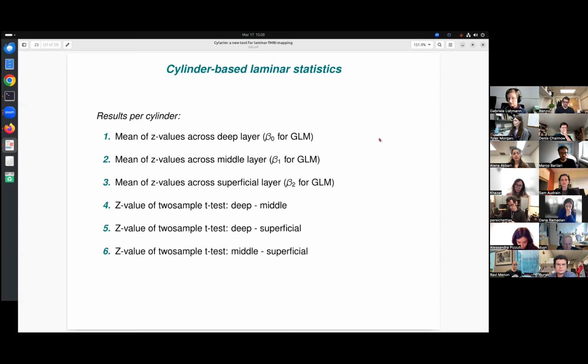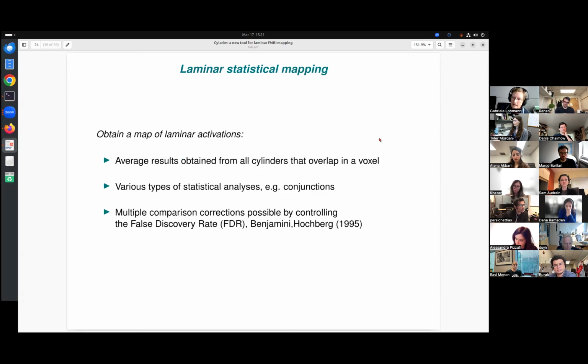These six statistics can be averaged because Z values are normally distributed and so are mean values. So it should not be a problem to simply average them. That gives me a complete statistics in every voxel